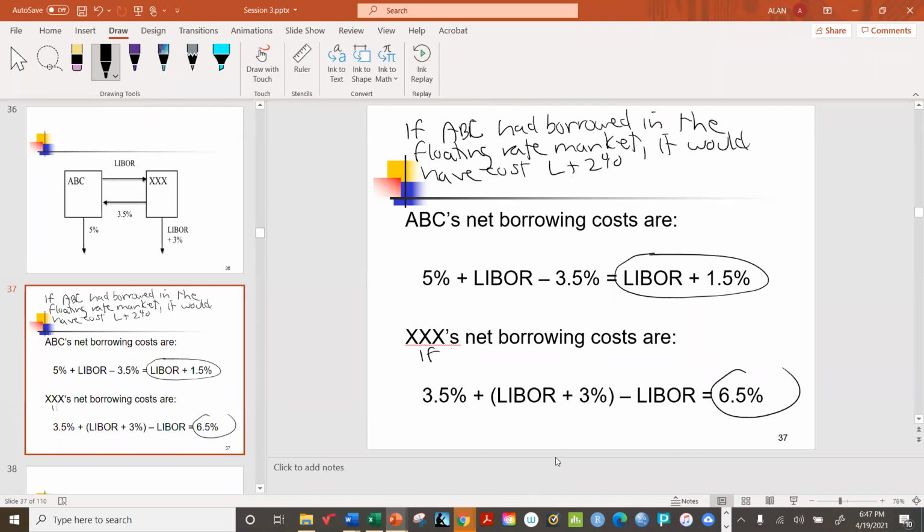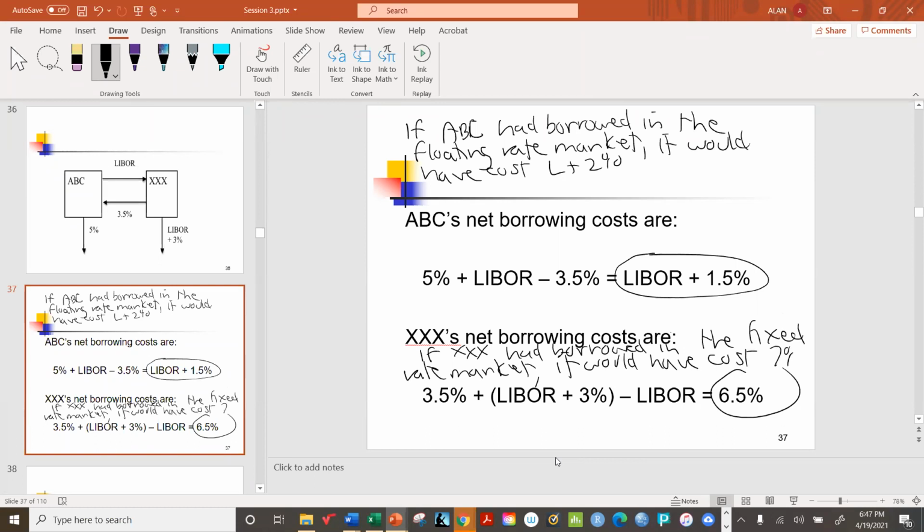So if XXX had borrowed in the fixed rate market, it would have cost 7%. So guess what? We managed to arrange this so that the total savings are 1%, and each of the